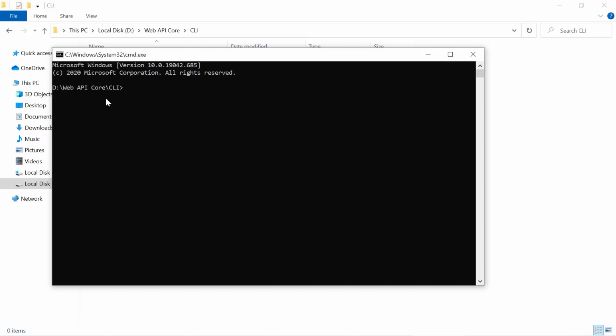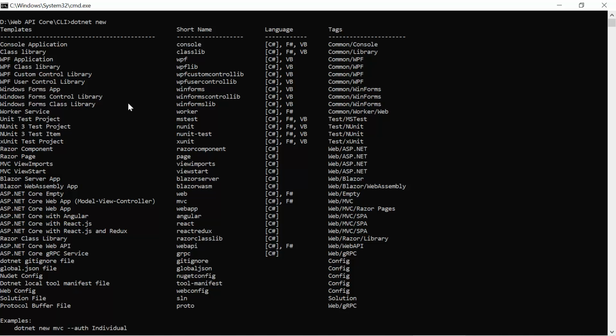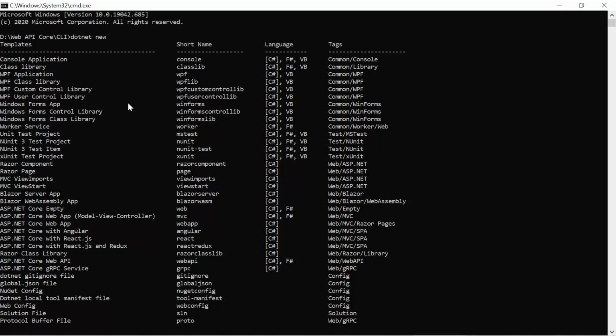To create the new project, we have to run a command at this place. Let's see how can we use the command. So first we can type .NET, give a space, then enter new and press the enter button. At this place you can see we have a couple of templates that we can use in creating the new project. On the left side we have the name of the template. Then over here in this column we have all the short names for these templates, and here are the default programming language for these particular projects.